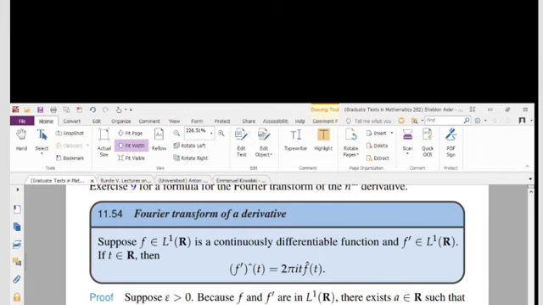F prime hat of t equal to 2pit f hat of t. Okay,